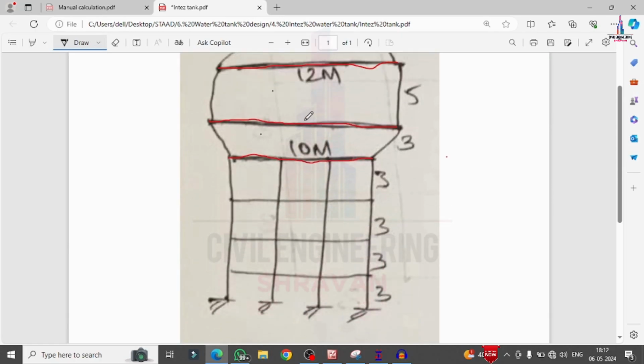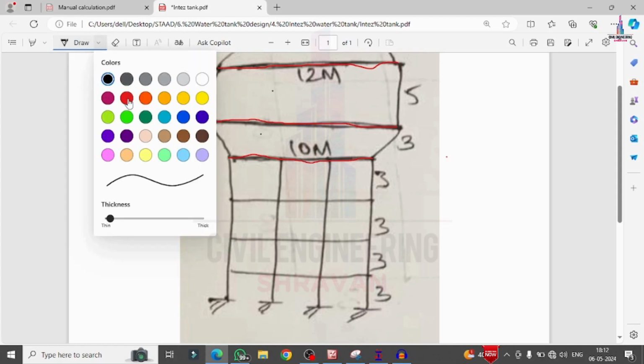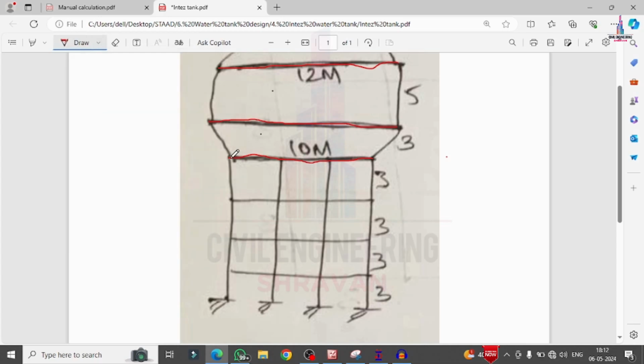If you divide this INTZE water tank into step by step staging, then you can do the modeling in an easy way. I will explain that process in simple stages. Firstly, we will do the modeling of this particular ring beam section. This is the first portion, which we will number 1. Then we will make the second model, which is related to the staging. After that, we will add the cylindrical portion, this is the third one. Then we will add this beam, the fourth stage. So you can divide this part by part.